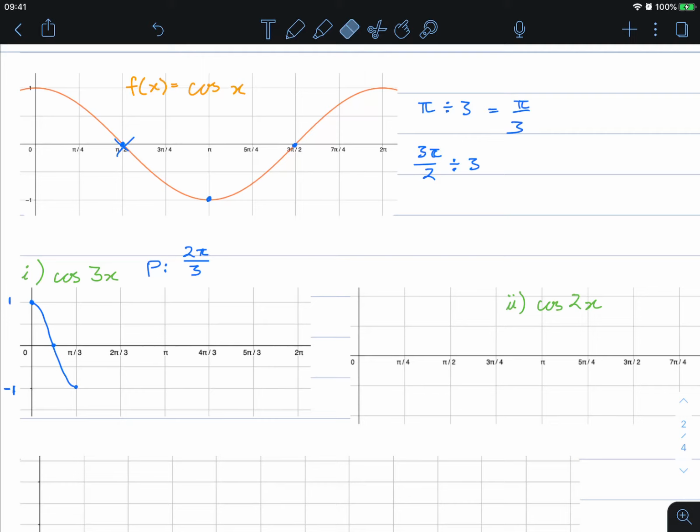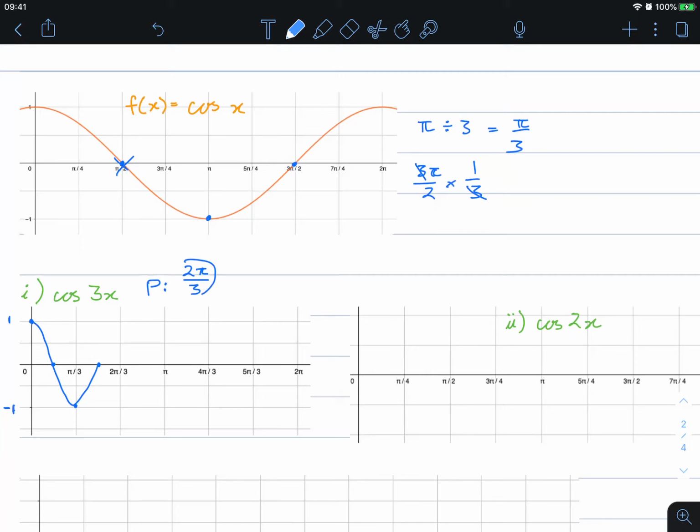Now we can write this just as a fraction. This is going to be divided by 3, that's right. But that's 3 on 1, which is the same as times 1 on 3. The 3's cancel, leaving us with pi on 2. Pi on 2 is exactly halfway between 0 and pi, which looks to be about here. There we go. And as we said, that this cycle ends on 2 pi on 3, so it must come back up